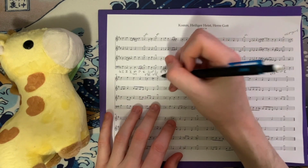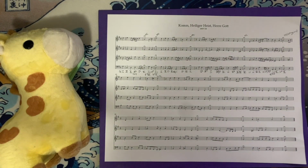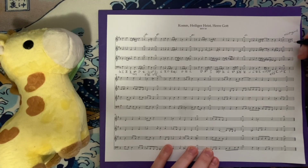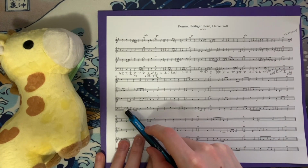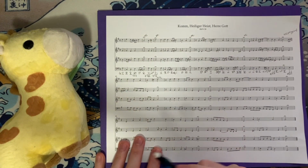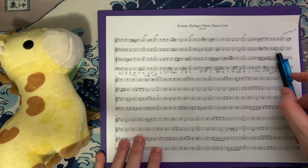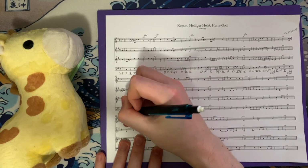All right, next cadence, we have a half cadence in the key of G major. So we're looking for a modulation point, and I reckon that we're right here. We see E minor here, and we have a passing tone in the soprano, but I think we've modulated to G major already, and we can call this E minor 6. It immediately goes to B, D, F sharp, and B, but I reckon that this F sharp right here is an accented non-chord tone, kind of complementing how this G is an accented non-chord tone in comparison to that F sharp. We have G sharp, B, and D, which is G sharp diminished in first inversion,